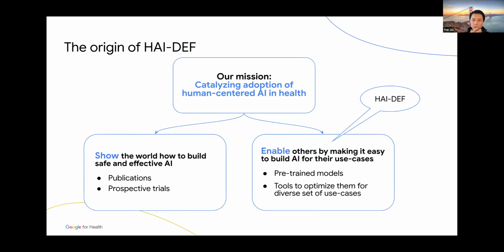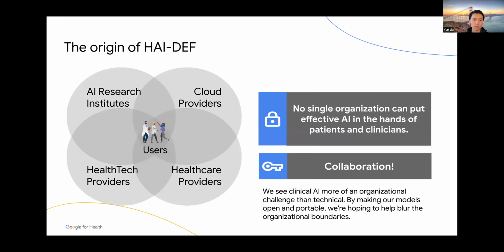So I'll keep the parts of the slides that I think he's already talked about fairly brief. Very briefly, what we've been doing in this space is figuring out how to enable the community to build towards AI in healthcare a lot more easily. One thing we thought was very helpful is to create foundation models that people can fine-tune for their own purposes. This makes collaboration a lot easier, because you can bring the model to various places where the data exists, as opposed to trying to figure out how to share data, which in some cases can be quite challenging.